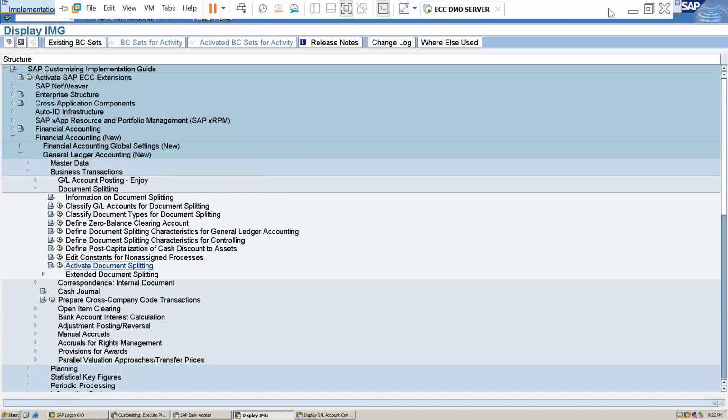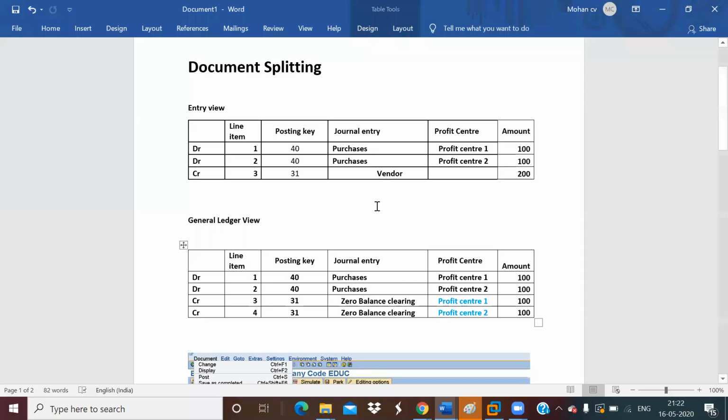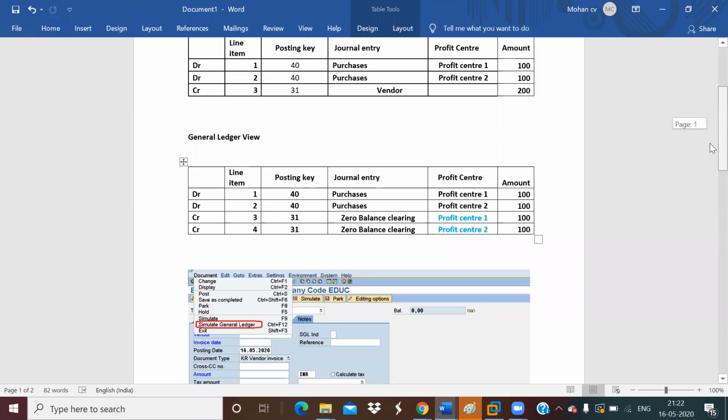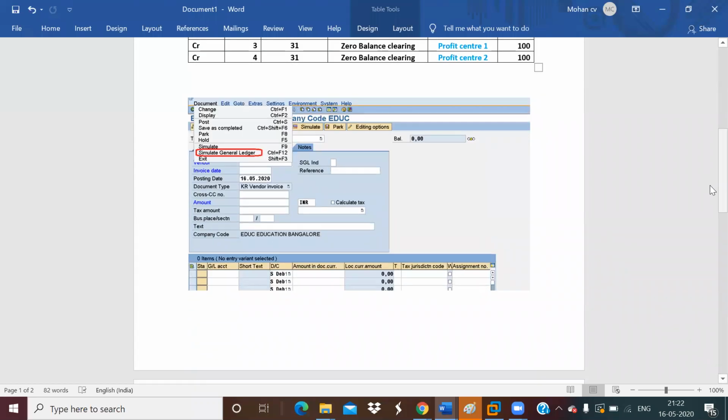So these are the things we have to configure in the document splitting. And after that, while posting, I will show you how this document splitting works. If you want to get more details of the posting, I will put the link in the comments below. In that, you will be able to see the document posting. After posting, what will happen? I will just show you a screenshot of what happens.